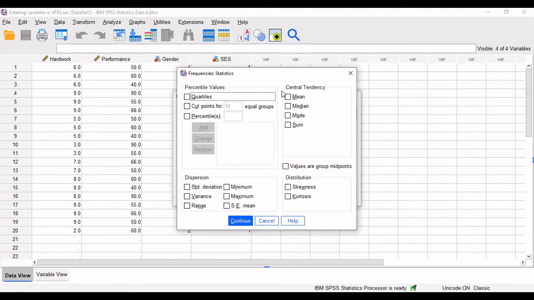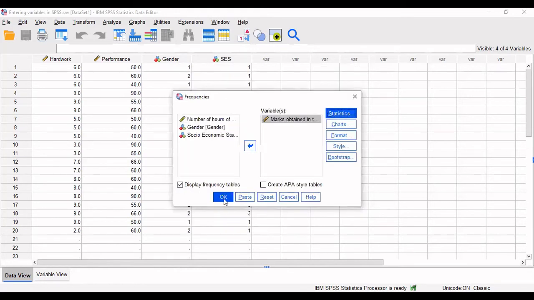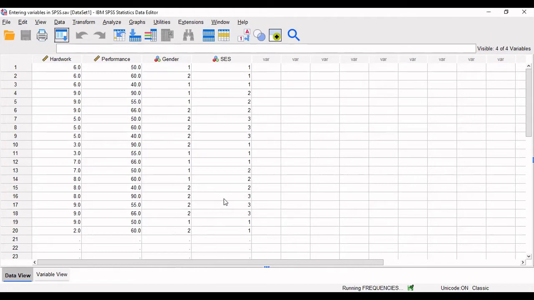So like you want to calculate the central tendency or distribution, dispersion, percentile value. So you can click on the box and that result will appear in the output. So let's say I want to have the mean, mode, median and sum, and also the standard deviation for the marks obtained in the examination. So we'll check that and we'll click on continue and we'll click on OK.